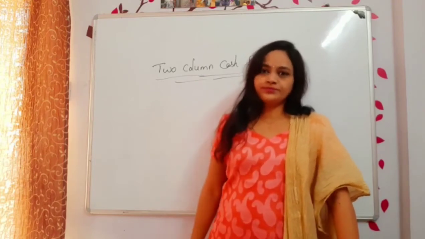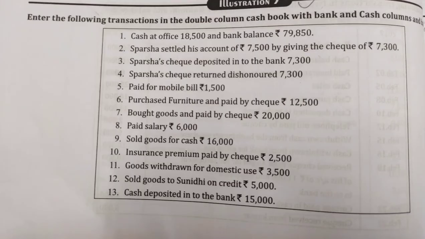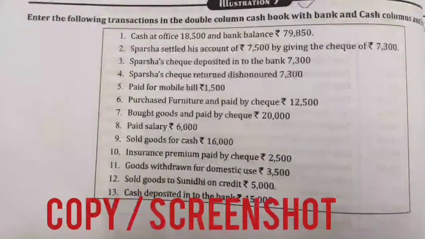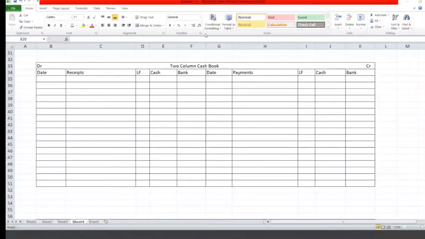Let's start the problem. You have checked the question, right? Let us solve this question. The same thing: you have debit and credit, debit side receipts and credit side payments. So let us solve this question now. What is the first transaction given in the question? First transaction on first. There is no month mentioned, so I am writing directly on first.